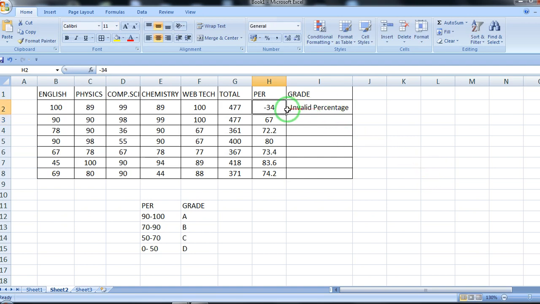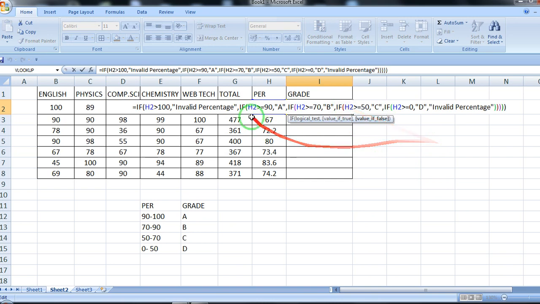So with the help of if, you can check multiple conditions. It's coming invalid because none of the conditions is satisfied: it is not greater than 100, not greater than 90, not greater than 80, not greater than 50, not greater than 0, which means it will display invalid percentage.